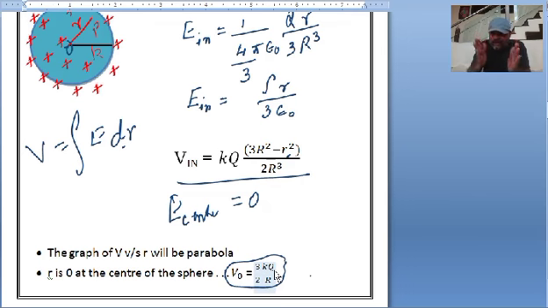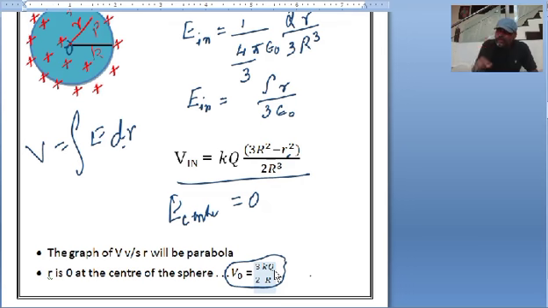The electric field intensity and potential of a charged non-conducting sphere. Electric field intensity inside is given by rho r divided by 3 epsilon naught, and the potential inside is given by kq into 3R square minus small r square divided by 2R cube. The electric field intensity exactly at the center of the charged non-conducting sphere is 0, whereas the potential is equal